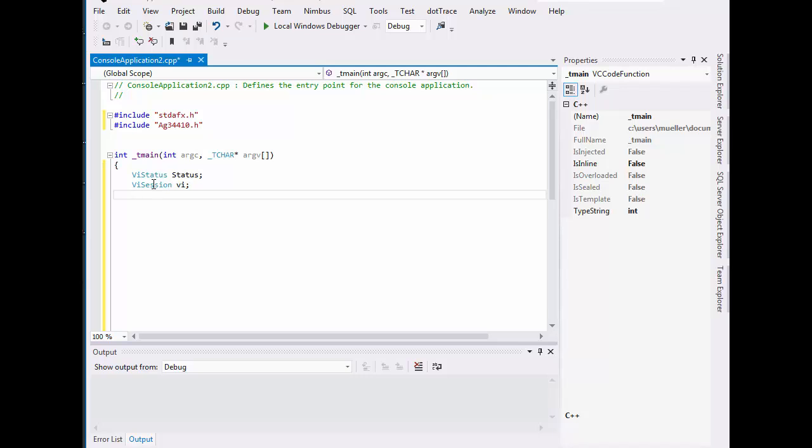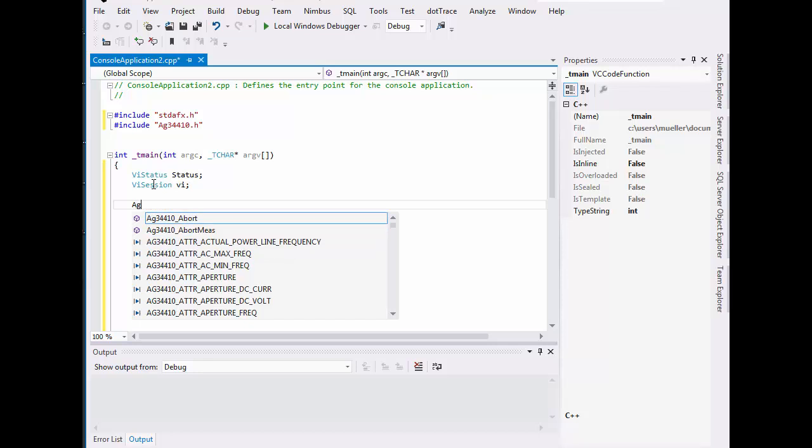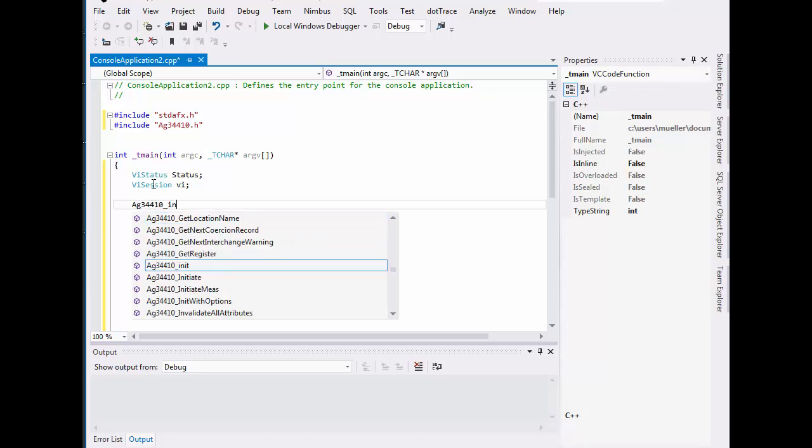So the first step here is to initialize the driver and connect it up to an instrument. For this demo, we'll be doing everything in simulation mode, so it's not actually connected to an instrument, but the advantage of that is that it's a demo that anybody can run without the instrument actually present once you download and install the driver. Okay, so to do that, our first step is to call initialize on the driver, and it